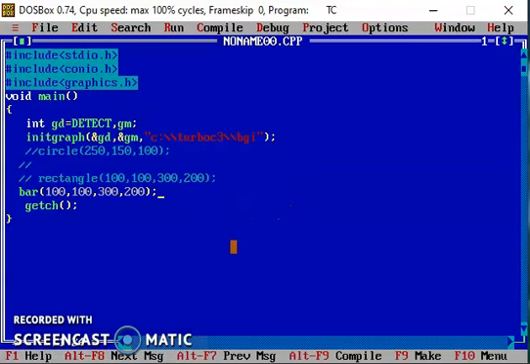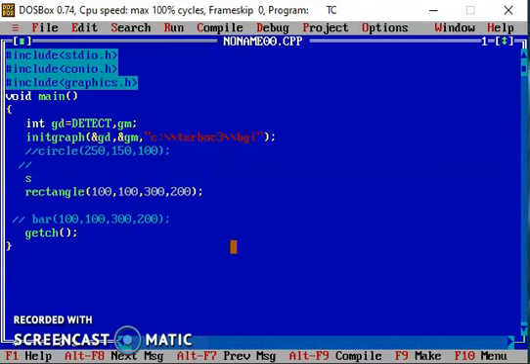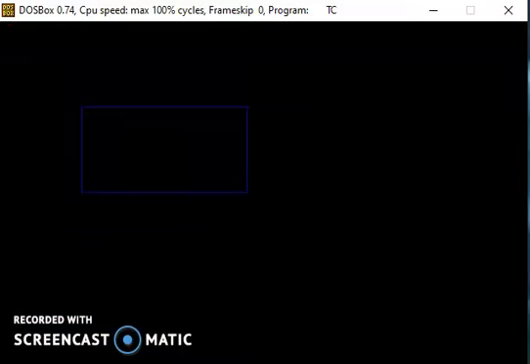Now if we want to change the color, here I am commenting out bar, and rectangle is on now. To change the drawing color, there are some color codes. From 0 to 15 you can give the color values. If I give color number one, this is dark blue, this is the drawing color.